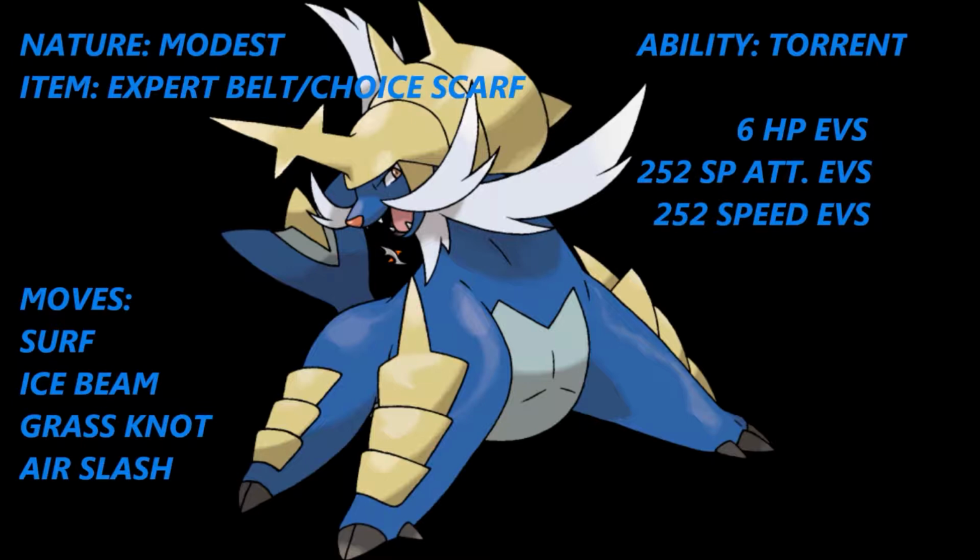Its moves are Surf because it's a really good STAB, base 95 power, and 100% accurate, so that's pretty nice. Ice Beam is also there to nail grass types, as well as dragon types that are running wild, as I mentioned before, in OU. Another move is Grass Knot,